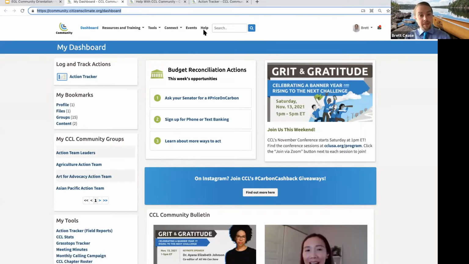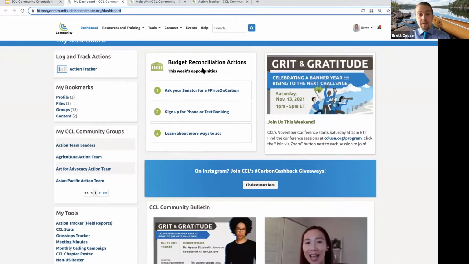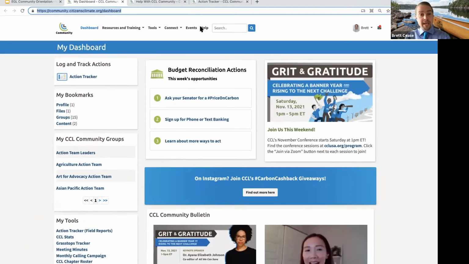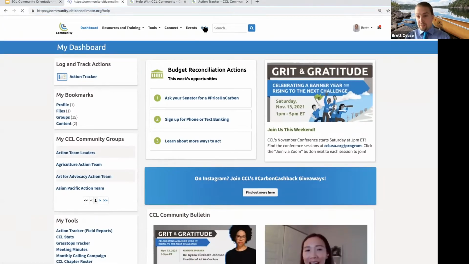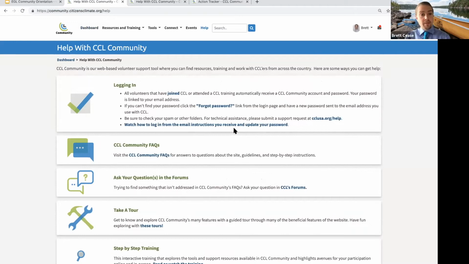So let's just say real quick, you have any questions about getting help or logging in, you can see the top white main nav bar here. It follows with you no matter where you might go on any page. Just click on this little help word, and it walks you through the 5 most basic ways that you can find out and troubleshoot what you might be looking for, including logging in, if you forgot your password, if you need to have that resent. We also have a support ticket system at cclusa.org/help for our volunteers.